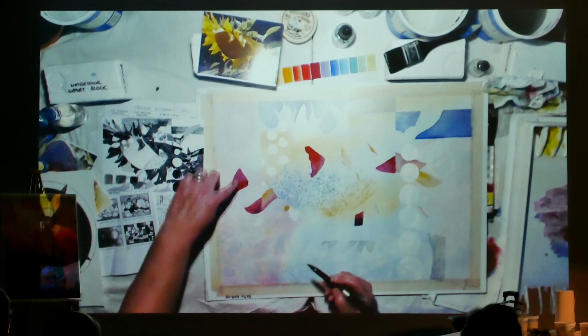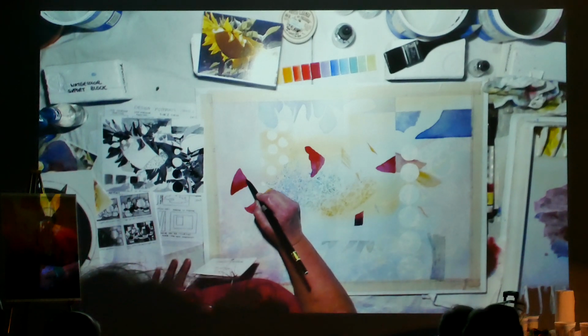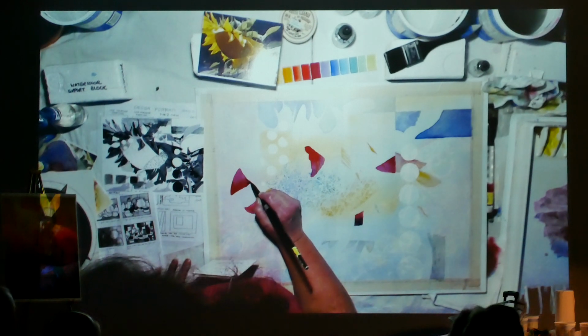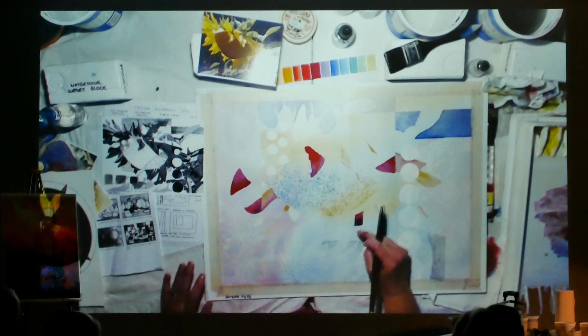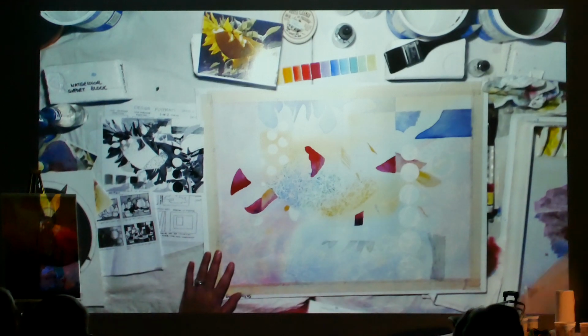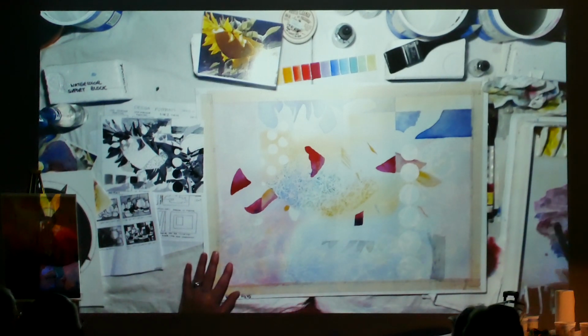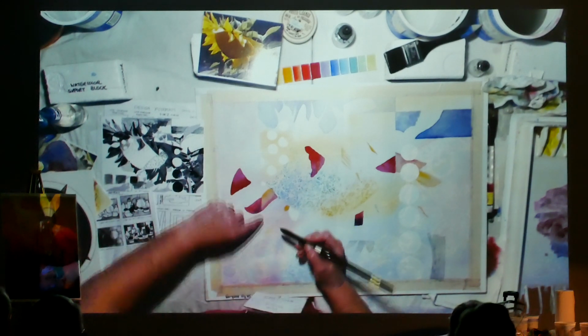But did you see that even in this little shape here, which is barely 1.5 inches, it goes from warm to cool. This one was light to dark. That one changed hue. So it's always about contrasts. And I guess that's what I like, or I'm drawn to. Okay, so I'm looking at my edge of my...